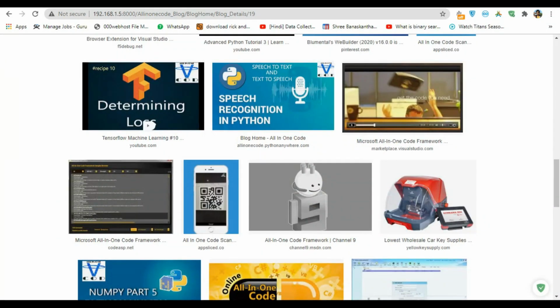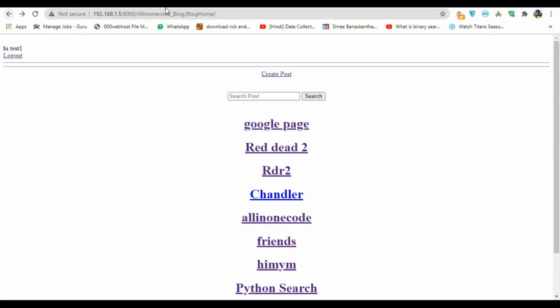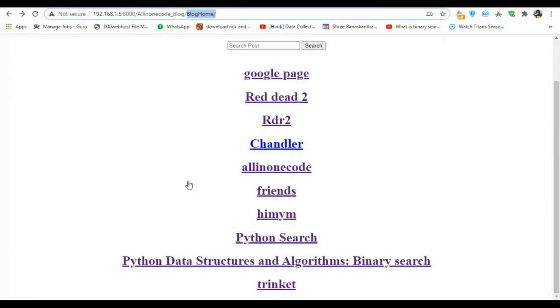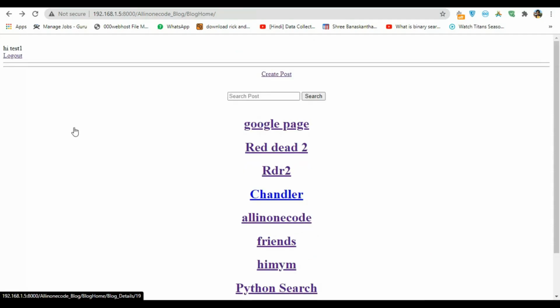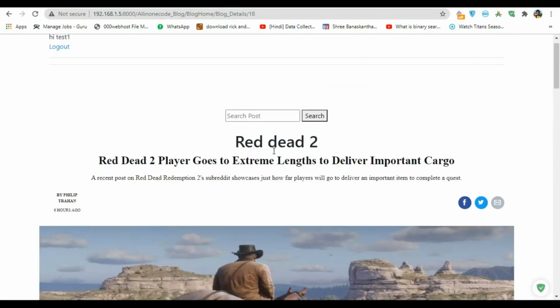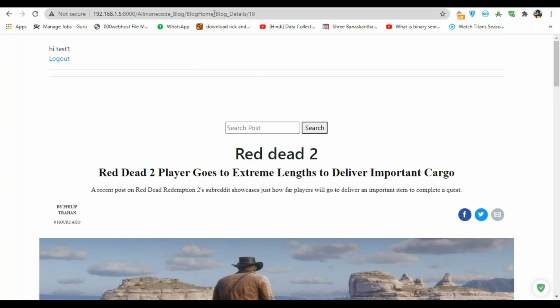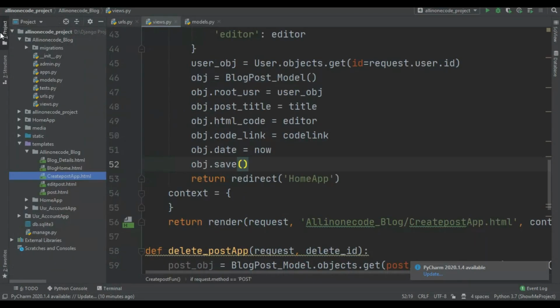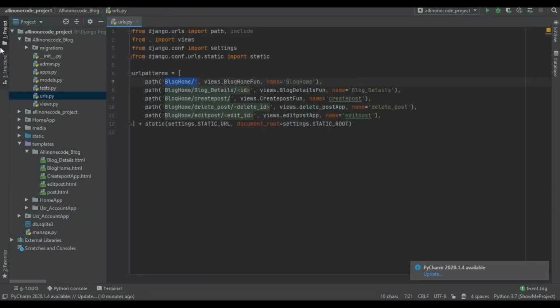So this is the blog home and I am printing all of the title. But how you can do this? When I click on the particular title, it is showing me that particular titled post. So how you can do this? And for that you can see I just created the new URL blog detail, and this is that particular title's ID. Now let's see this. So in the urls.py you can see I just created the blog details and I just passed the ID.